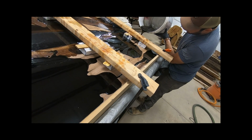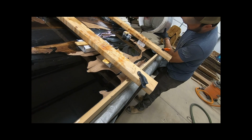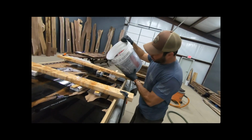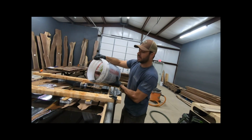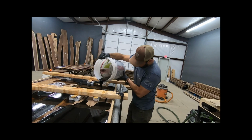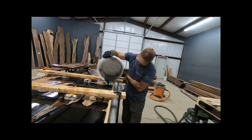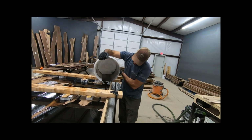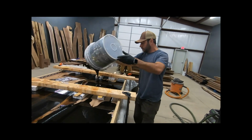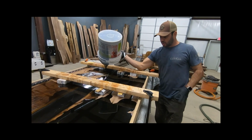Yeah, extra gallon was perfect. So now what we're gonna do is I want to have enough epoxy to cover this whole top so it soaks through the pores of the wood. So you don't want to skimp on your epoxy. You just want to make sure you put it all in there, let it all soak in there, and we'll